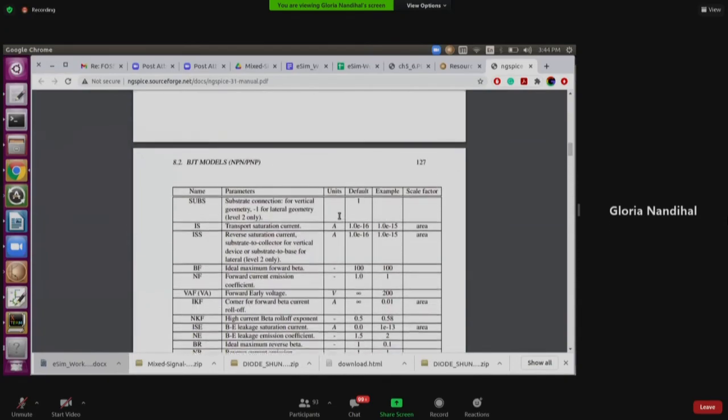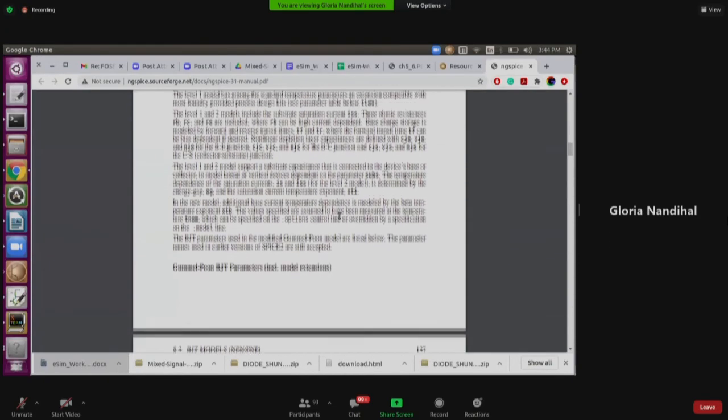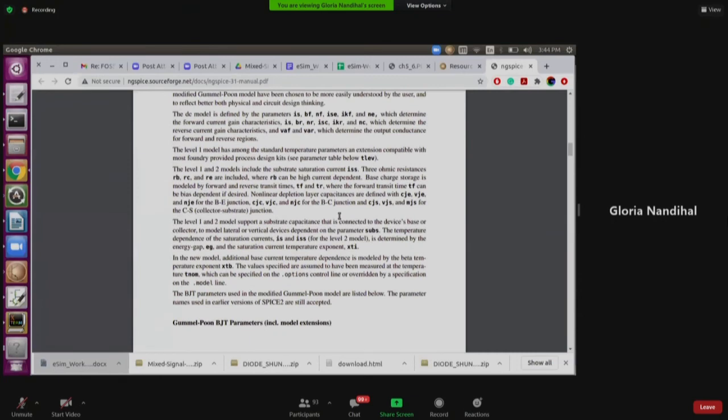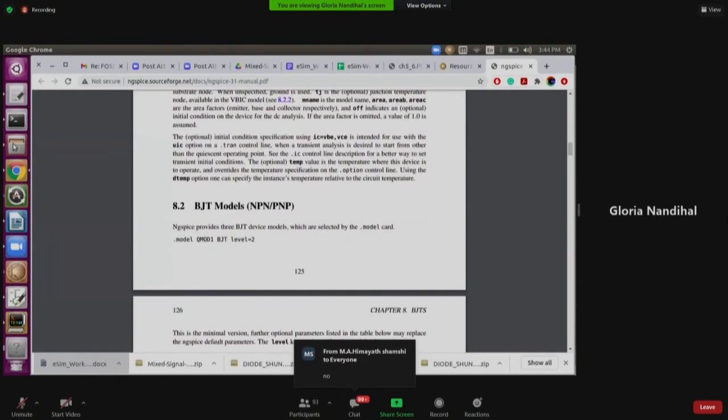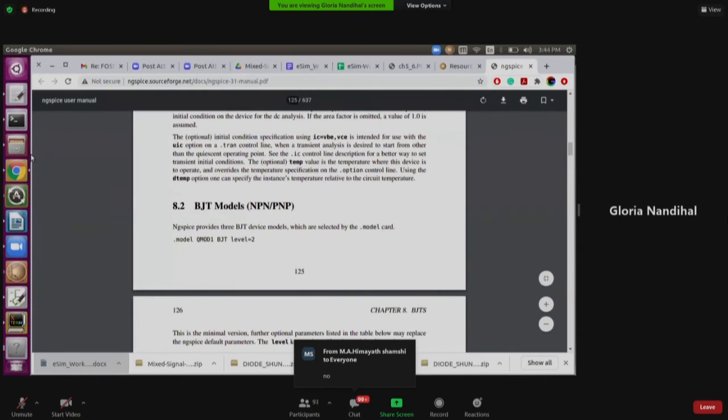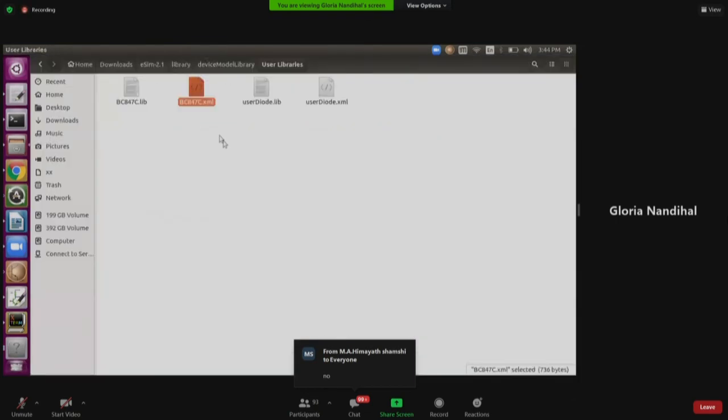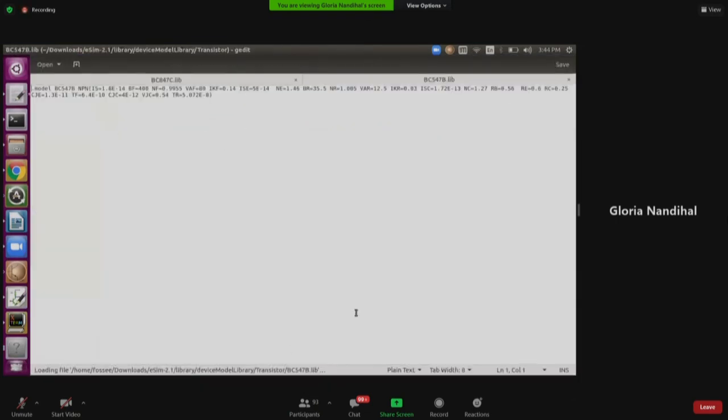This is how you model a BJT. These are the parameters. And like I said, it's not required to have all the 27 parameters. If you see, one minute, I'll show, which is already existing in iSIM Lite. See, it does not have all the 27 parameters.